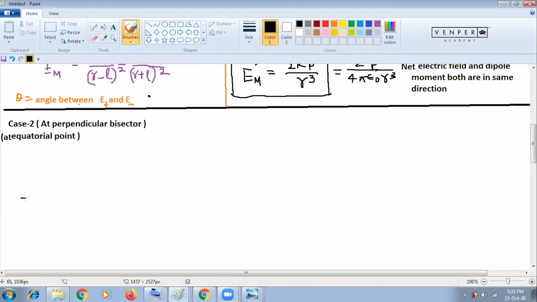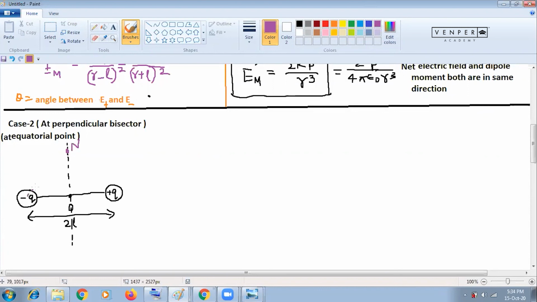So here your dipole has minus q here, and plus q here, the two charges of the dipole, and the distance between them is what? Now we're taking 2l, same thing. So this distance is 2l, and here we are taking a perpendicular bisector. This is the perpendicular bisector, and we are taking a point here. This point is P, or you can take any point, say point A.